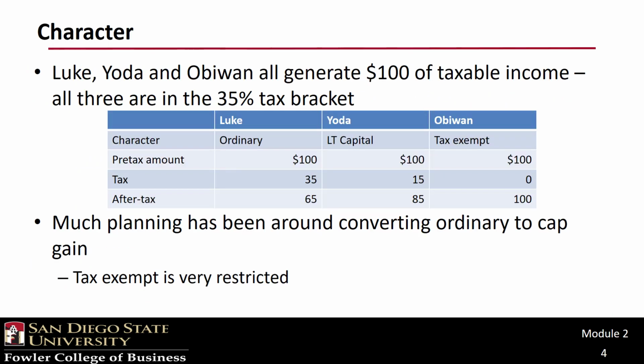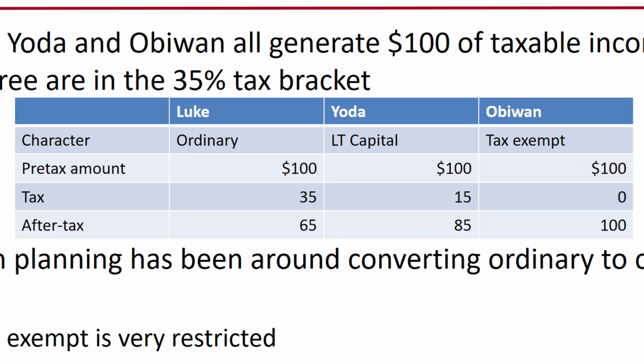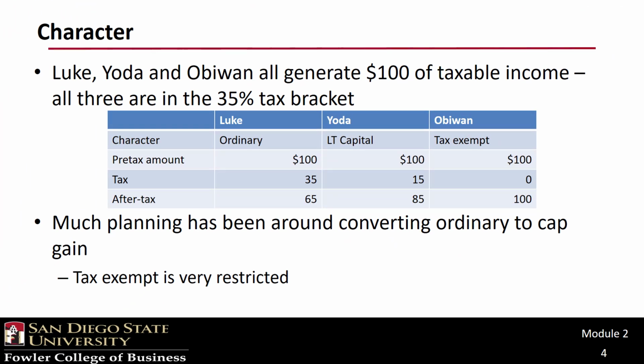And what can only be described as a pretty obvious example: you can see the after-tax results of applying the different tax rates associated with different characters. Strategies to convert ordinary income to long-term capital gains can be as simple as holding the underlying asset for 12 months. It comes as no surprise that it is not so easy to convert taxable income to tax-exempt income.